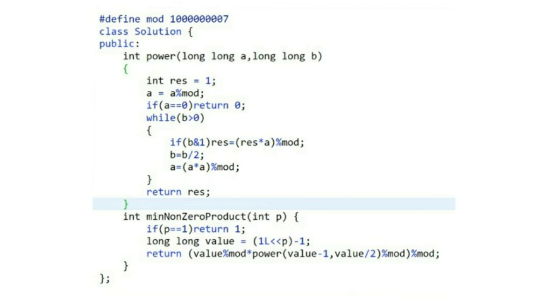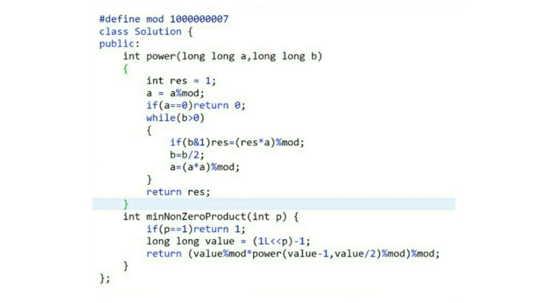Now the mistake which is made by the maximum number of people is that they have taken b as unsigned. The problem with this is that the values are long. So if we are passing a long value into an unsigned value, and it is larger than what the unsigned type can store, then it won't be able to store it, and you will get the wrong answer. So it's important that you take the data type of b as long.